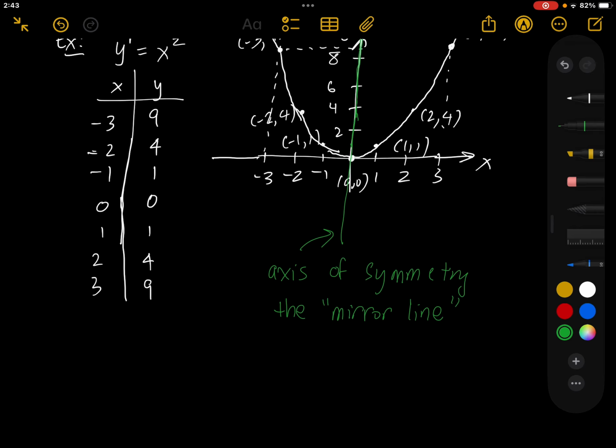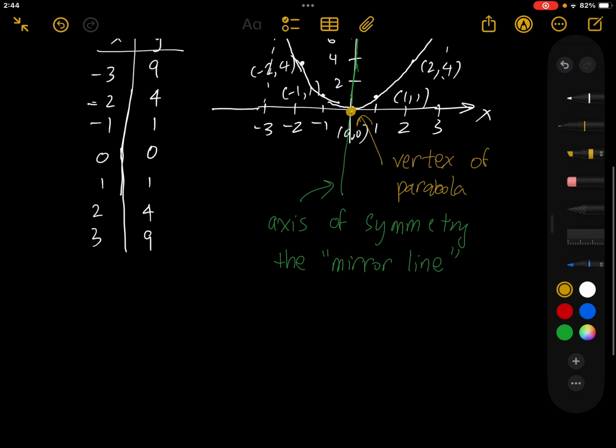And there are also other aspects of the parabola. So there's this lowest point here. This point is called the vertex of the parabola. And the vertex of the parabola, I'll write it down here. The vertex of the parabola